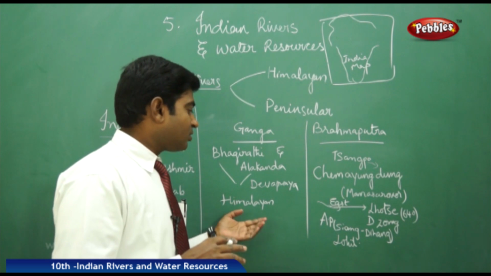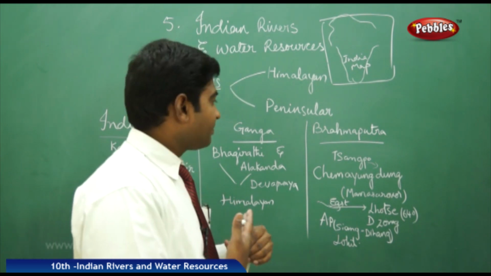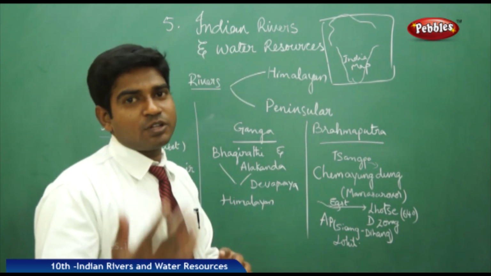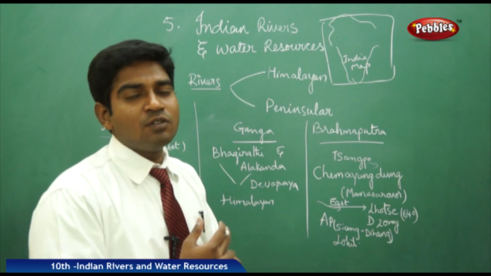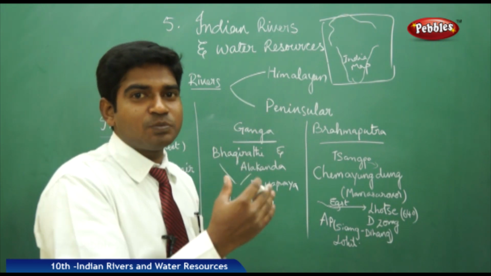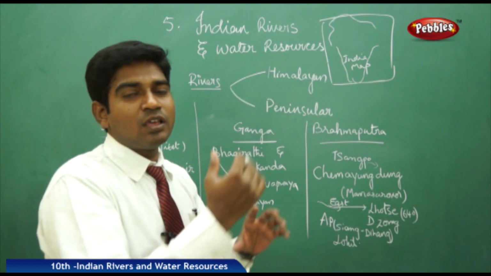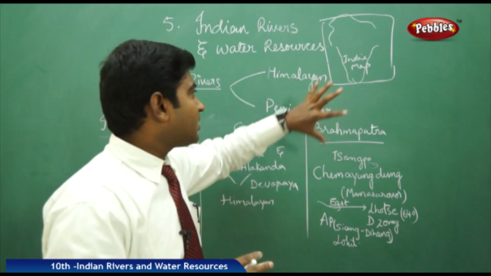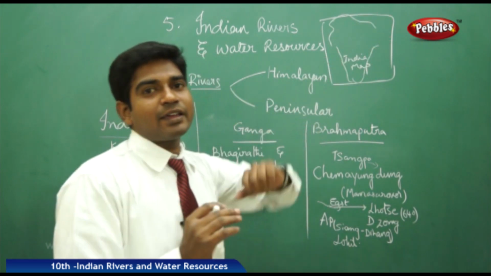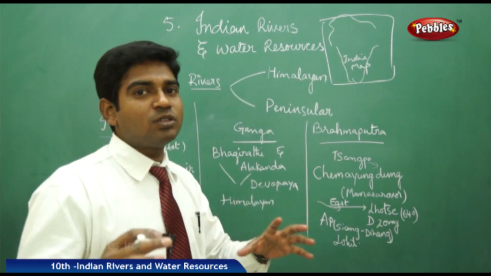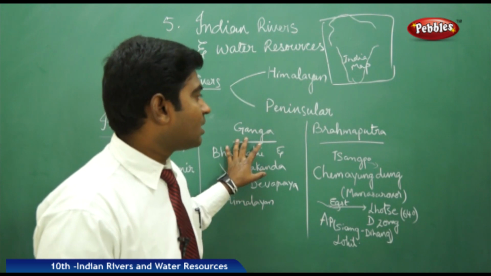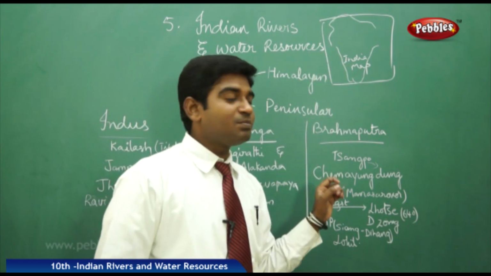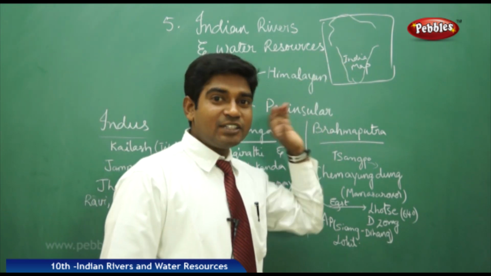This also has its origin from the Himalayan region, and it has many tributaries like Son, Kosi and others, which flow through Uttar Pradesh towards Bihar, then some parts of West Bengal, and it also has its influence in the Punjab and Haryana regions. So it covers a major region, where nearly 3 to 5 lakh hectares of crops are watered using the Ganga belt. And the most important river is the Brahmaputra, which originates in Tibet